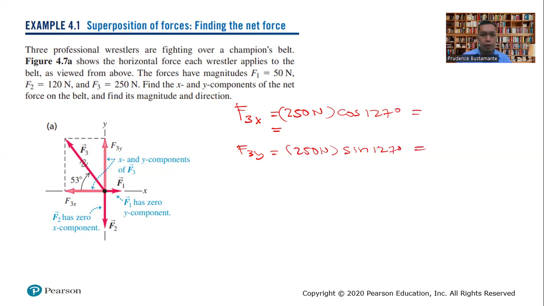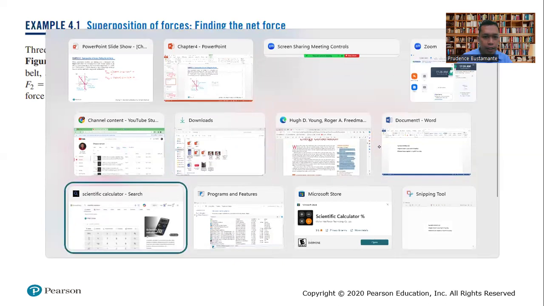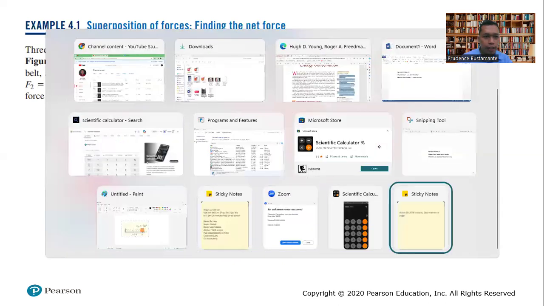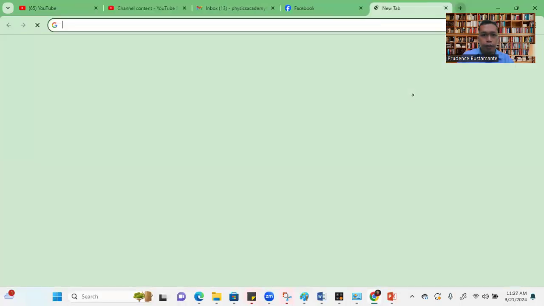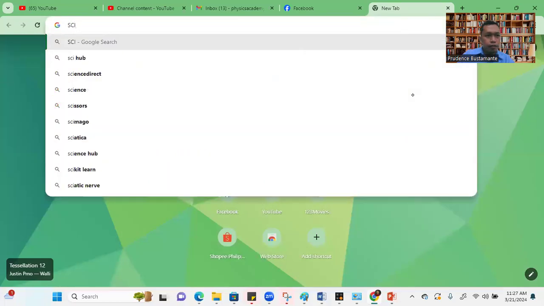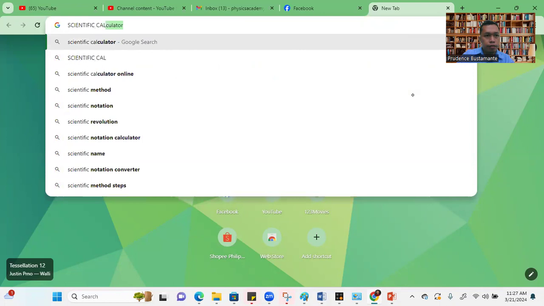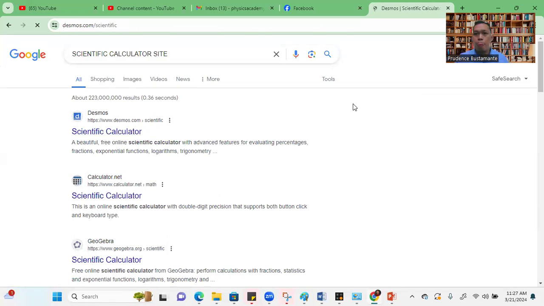So mas maayo siguro na mo tag calculator okay. Problema ni kay wala tay calculator na tarong. So I have here para tag calculator, scientific calculator. So kanya mas maayo na siya.